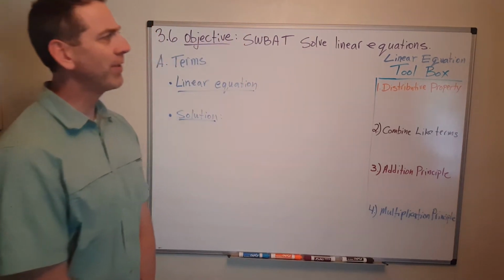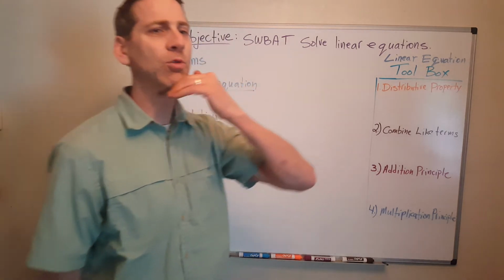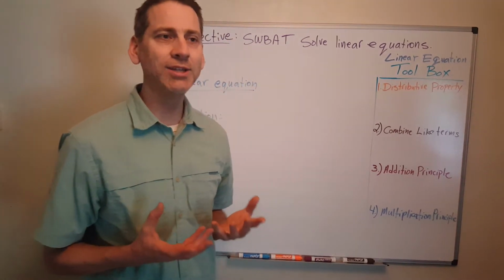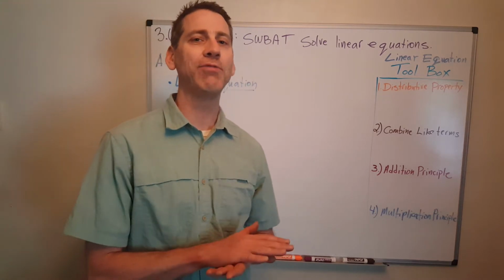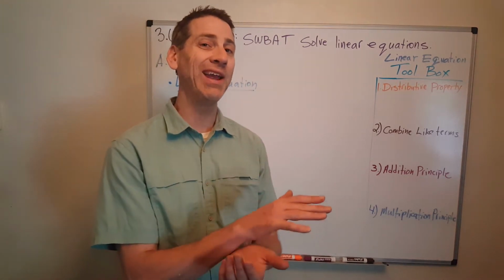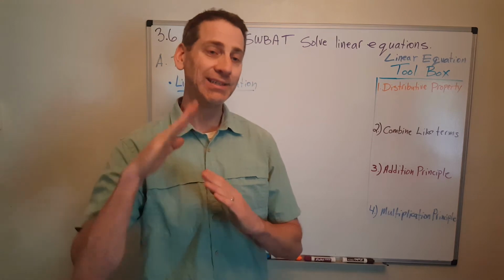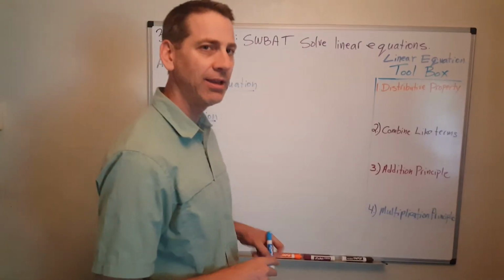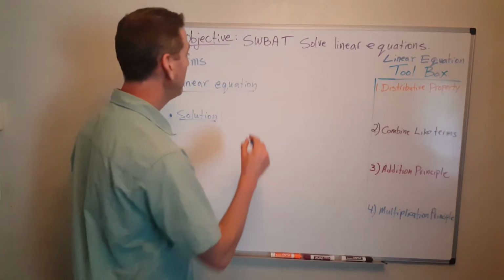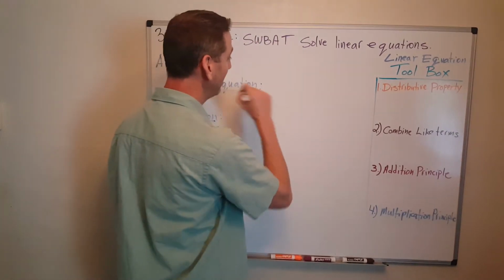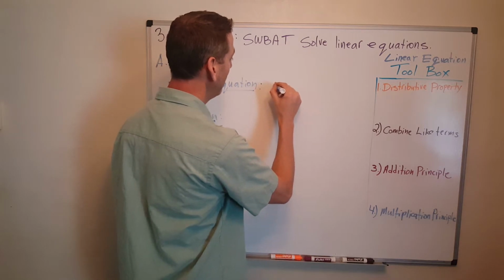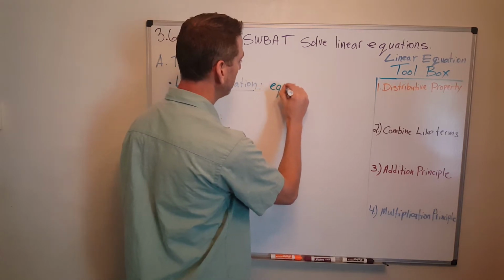All right, so what's a linear equation? What do I mean by linear? Well, we call it a linear equation because when you graph it, it forms a straight line, right? There's no curve. It's a straight line, so it's linear. Okay, how do we identify a linear equation? Well, a linear equation simply means it is an equation